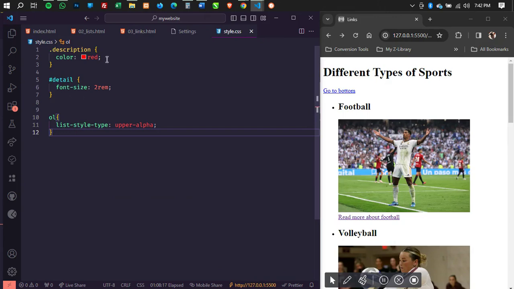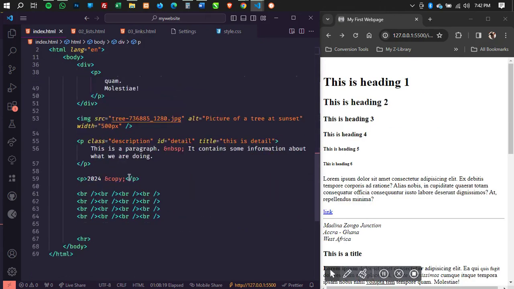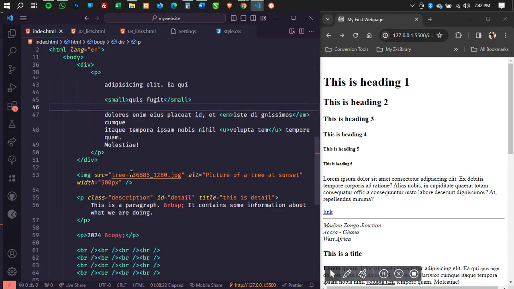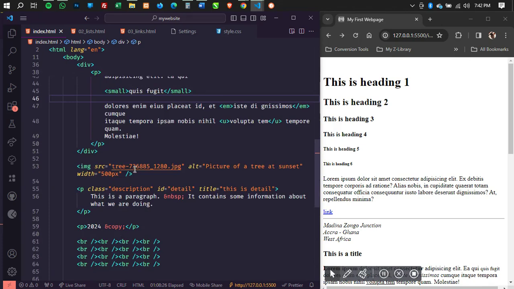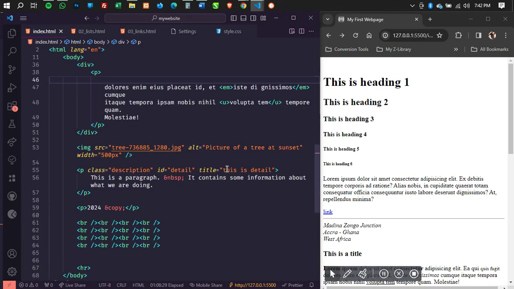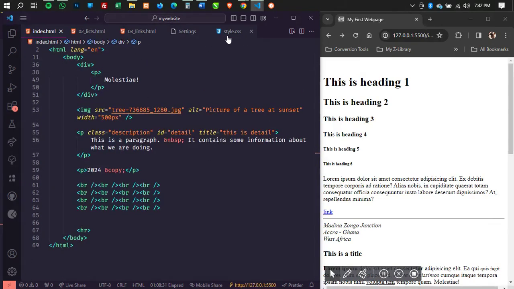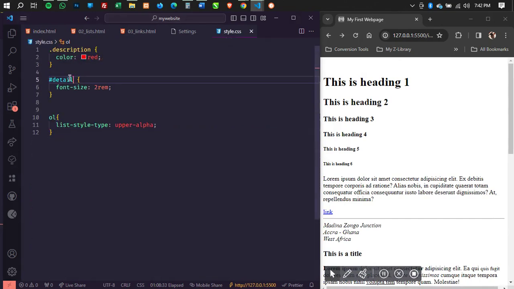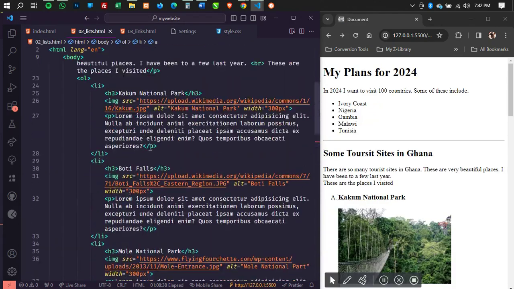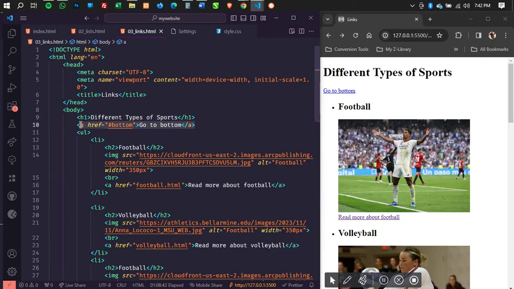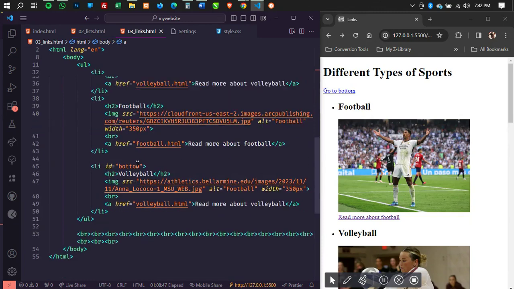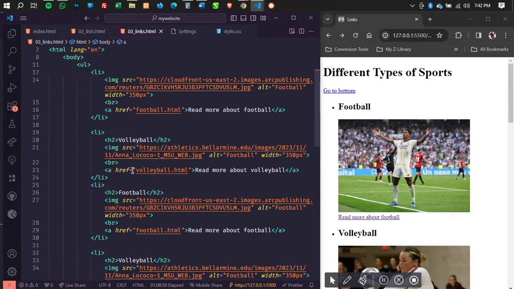You'd realize that in my index file, the file we worked on Tuesday, I created an element and I gave it an ID. All right, so I think I deleted the item. But when you have an ID and you want to select the ID, you use the hashtag, then what? The name of the ID. And so what I'm doing over here is I've created the link. When you click on it, it should take you to the bottom. And then I have my element at the bottom with an ID of what? Bottom.